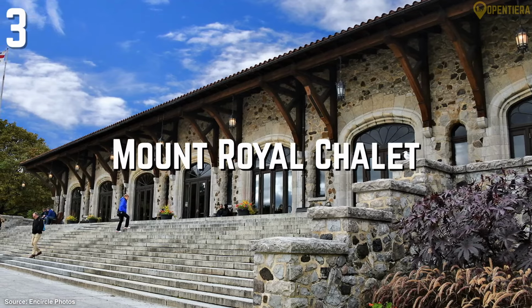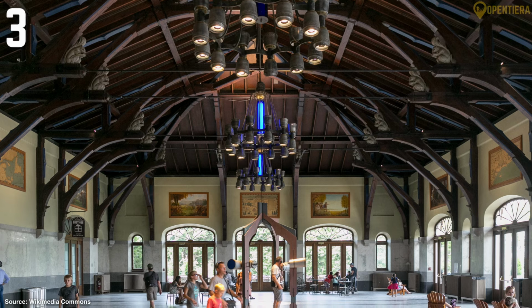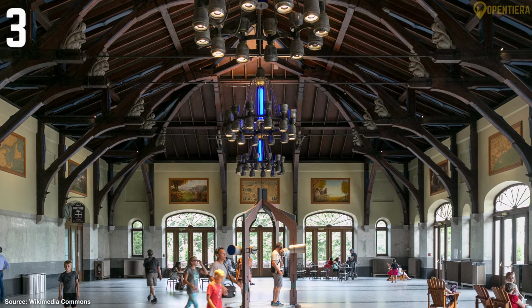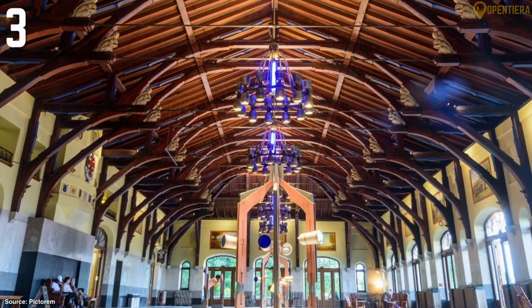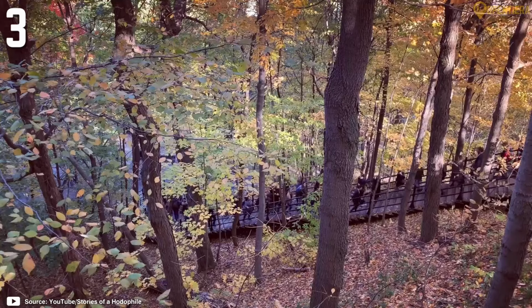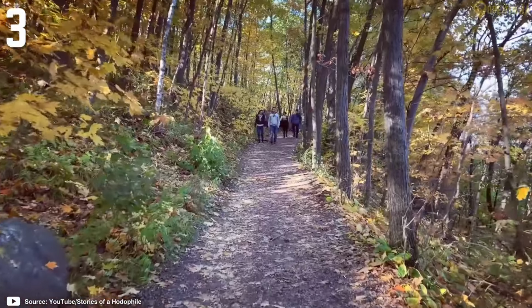This place feels like stepping into 1931, with its grand stone exterior, towering windows, and rustic cabin vibes inside. We're talking massive murals of Montreal's history, carved wooden squirrels on the beams, vintage chandeliers, and a huge fireplace. Oh, and there's a food counter, souvenir shop, and info desk too. Bottom line, Mount Royal is the perfect escape from the city buzz: stunning views, peaceful nature, and that classic Montreal